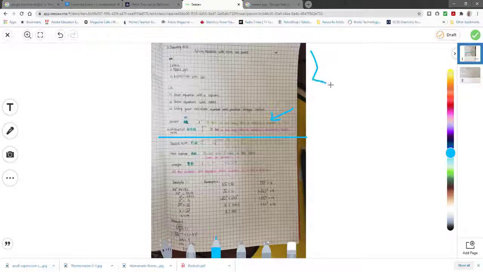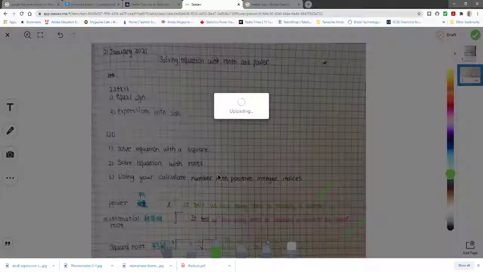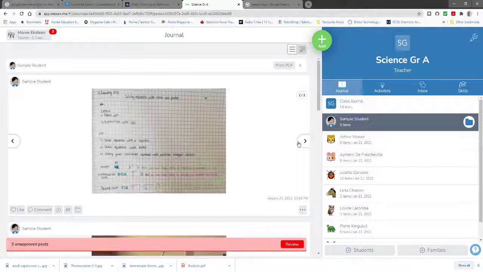So maybe just send me this and send me 1, 2 pictures or 3, 4, because you can always add pages. So I've added a page here, and you can see this is much easier for me to check. I can now quite easily go and I can do that, and I can do that. I can read this very, very clearly, and when I'm finished with the work,